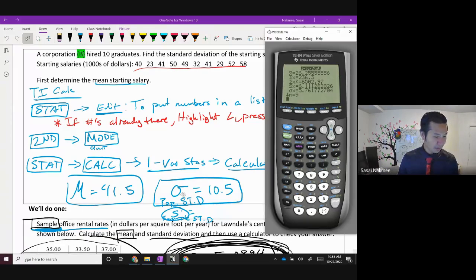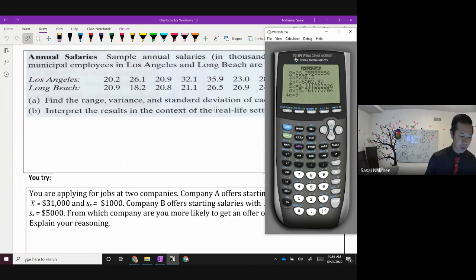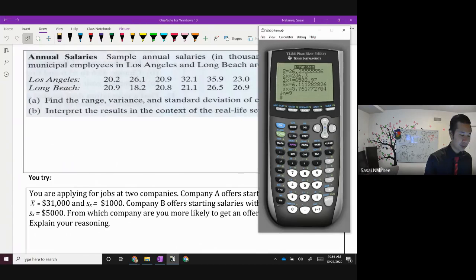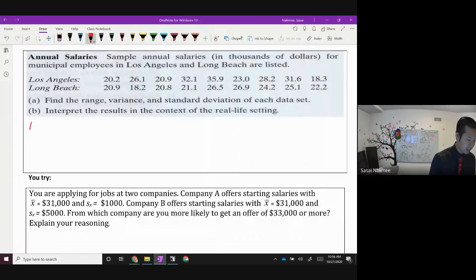And then, well, that's pretty much it, isn't it? I have an x bar. Remember, x bar is your mean, and x bar is your mean for your sample. It is for your sample. By the way, I'm pulling it from this one from your notes if you want to write it down. I'll put this back up in a second, but this is where I'm going to write down my answers here. So I'm going to write down for Los Angeles, for LA,